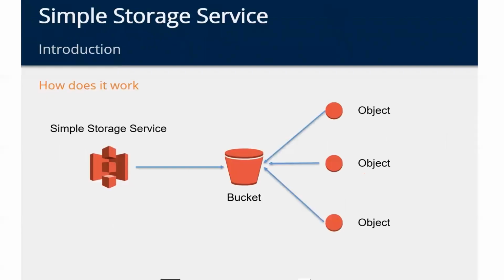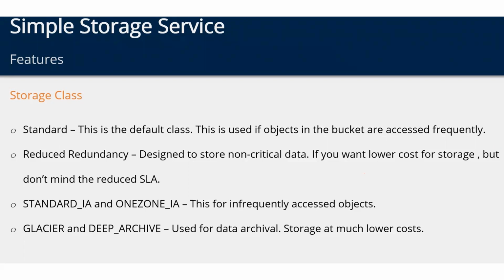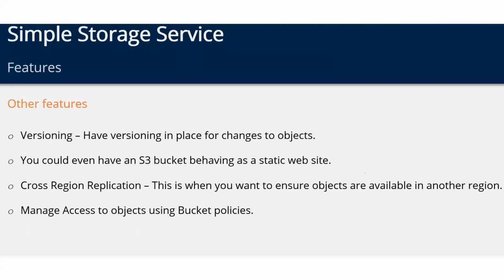So S3 bucket, you discussed it. Simple Storage Service, S3 bucket comes with different models: standard, reduced redundancy, standard IA, and Glacier and Deep Archive. Depends on your business model. So you are the king or you are the queen. You decide whatever you want and you pay whatever you use. It's not like a static model, where you buy a lot of hardware, take a big building, hire a lot of people, and you use just 10 or 20% of it. This is like a utility model. You use it, you pay for it. If you don't use it, you don't pay. It's totally like a gas station. You want to go for regular gas or premium gas, depends on your business model, right? Okay, let's go to the next one.